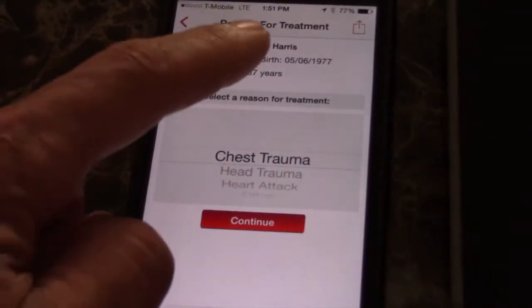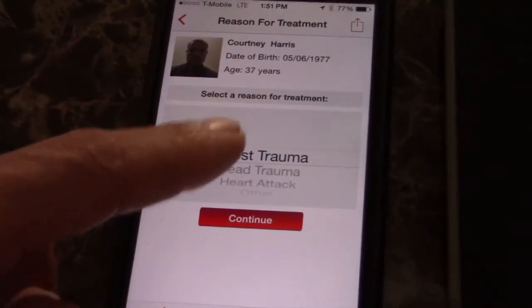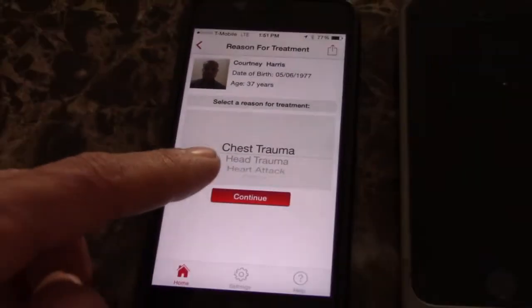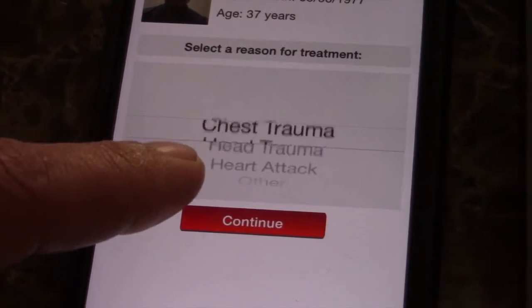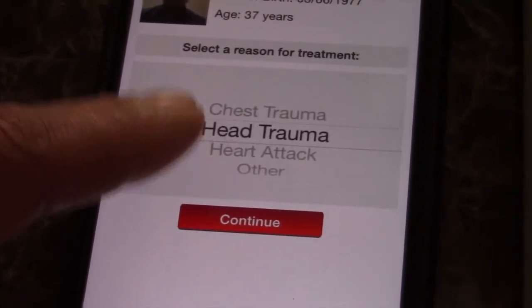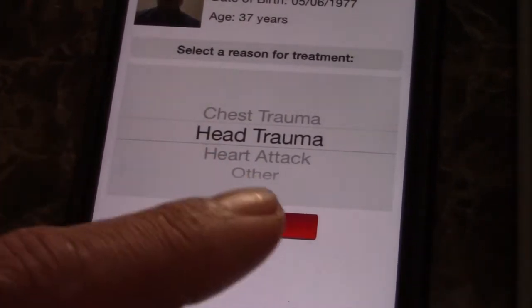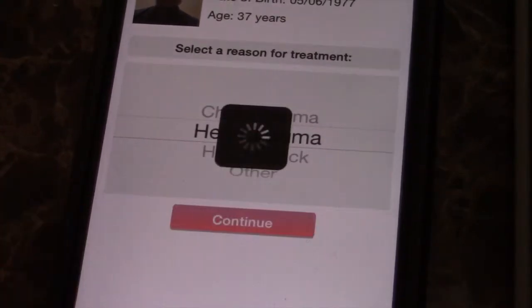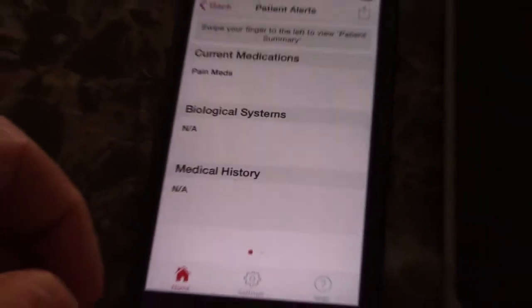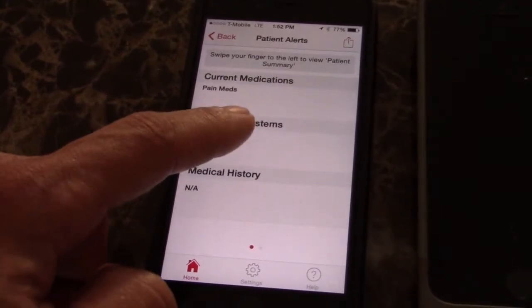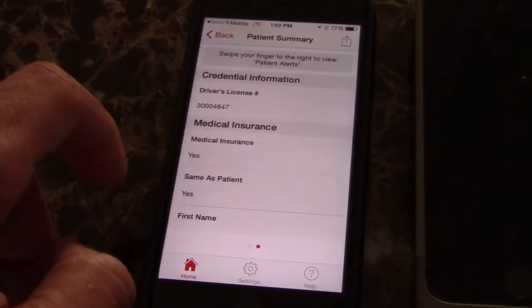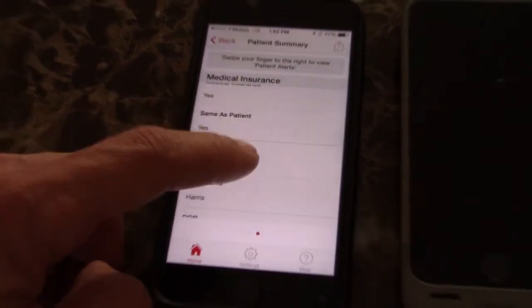There's the patient's name, his date of birth, how old he is. It's asking what happened. Was this chest trauma, head trauma, a heart attack? Did something else happen? He hit his head, so I'm going to say head trauma. And it's now going to bring up all his medical information, medications he's taking, his medical history. If I swipe over here, I can access all of his medical